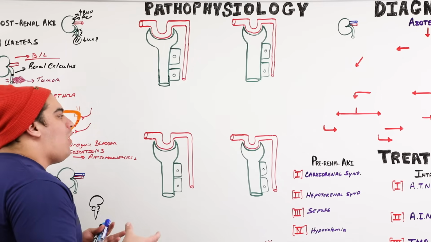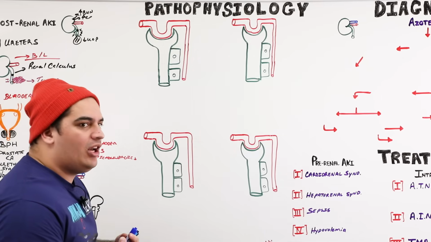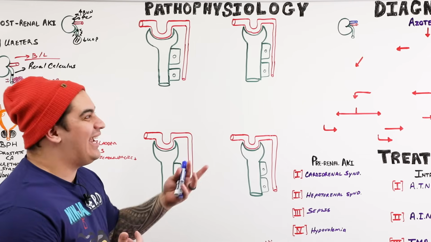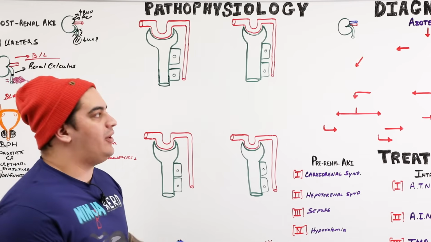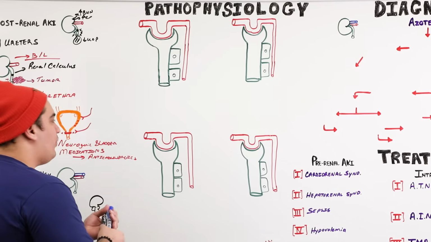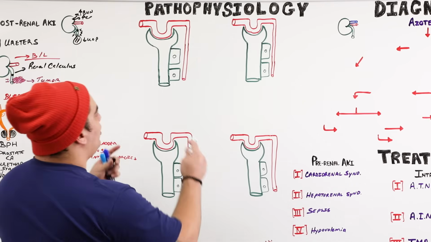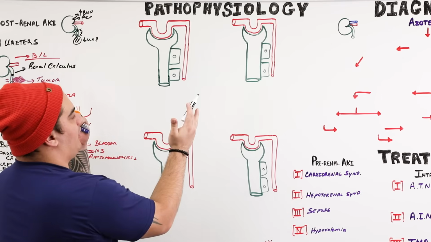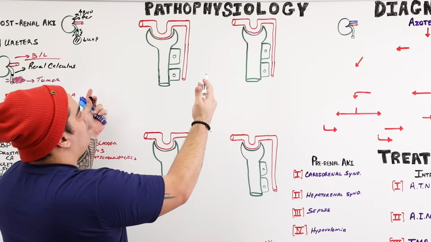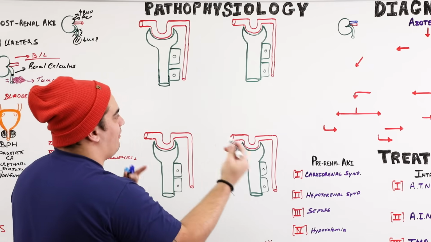Okay, and the reason why is we're going to explain a little bit more about the lab stuff, the diagnostics, the things that you really need to know for your exams. So pre-renal AKI, right? When someone has a pre-renal AKI, we already know all the causes. There's a reduction in blood flow, and the reduction in blood flow leads to a reduction in the GFR.